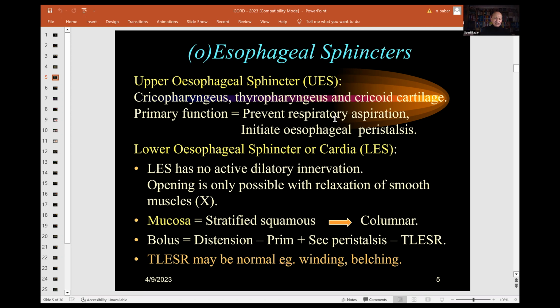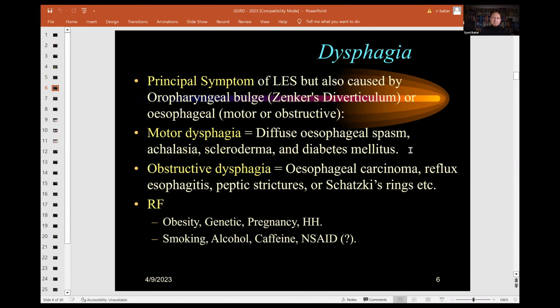So the relaxation of the lower esophageal sphincter is mainly physiological and is logically present so that the food transits in a one-way direction. However, there may be physiological needs for it to relax as well through a loop phenomenon. As we talk along